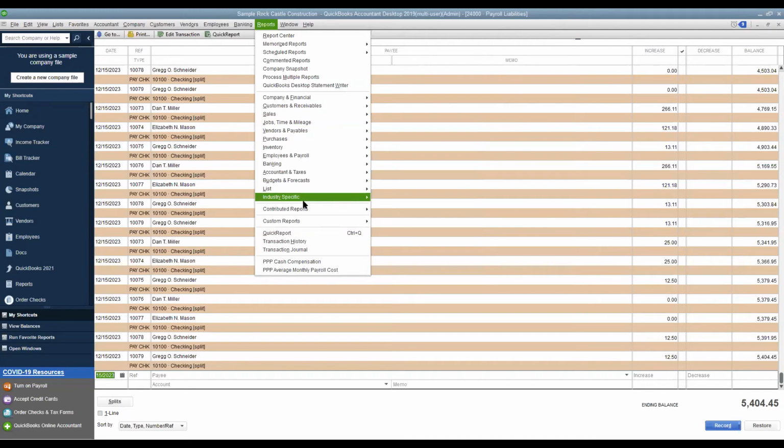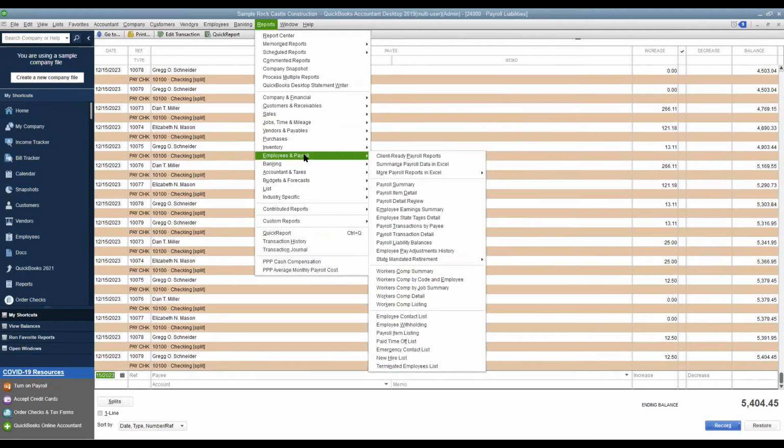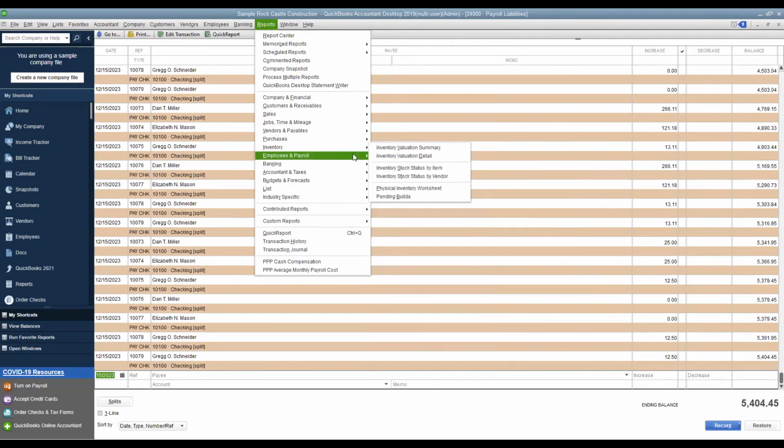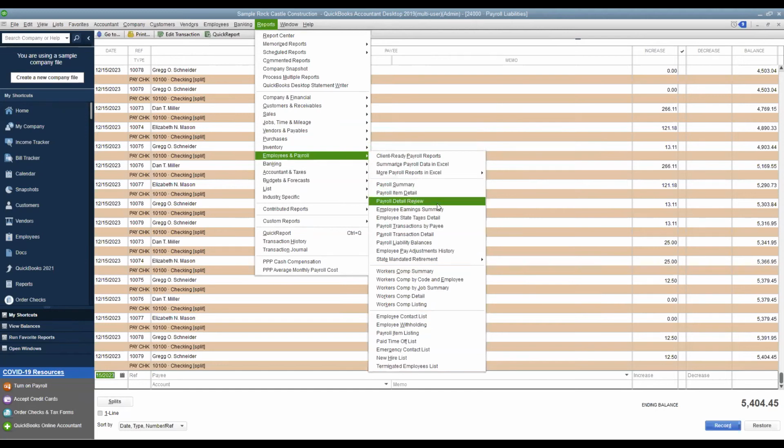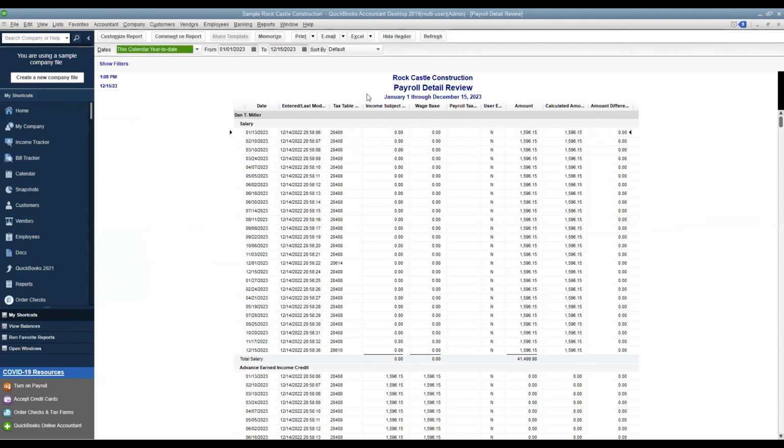With that said, we're going to take a look at the reporting center and specifically payroll. Let's see, employees and payroll. So let's take a look at the payroll detail review. So we just ran payroll and we want to take a look at what actually took place within the payroll review process. So this would enable you in a very clear snapshot period to take a look at what took place and what you have just run, giving you the total salaries that were paid out over this period of